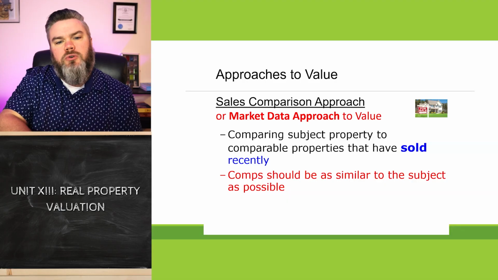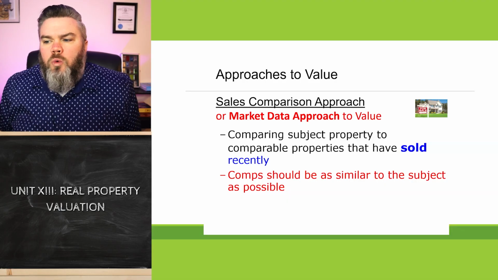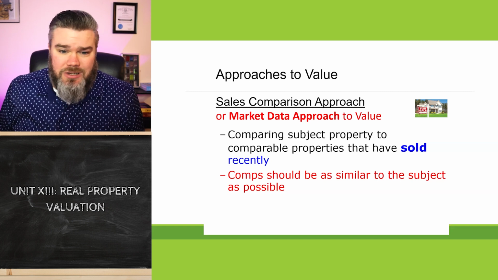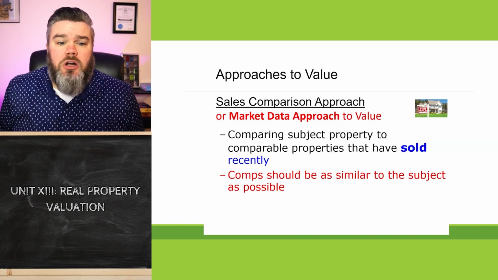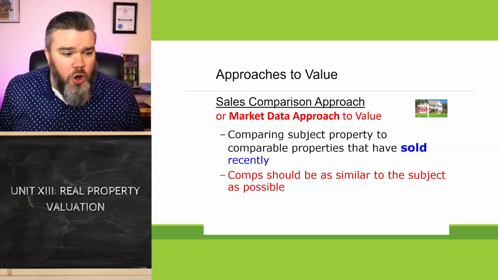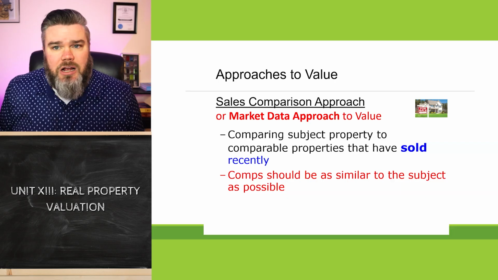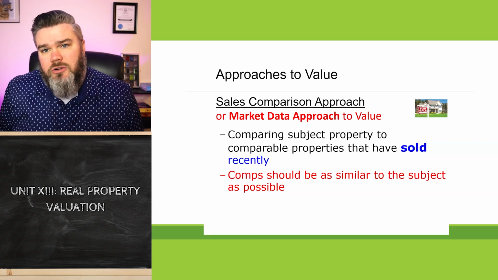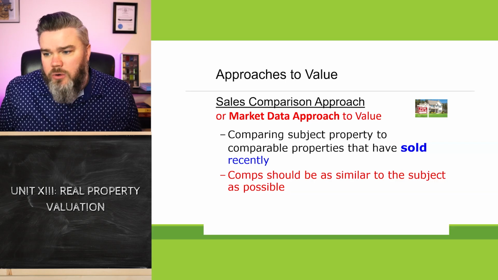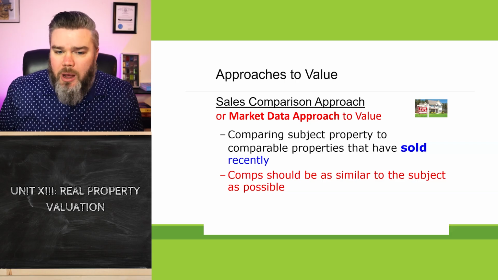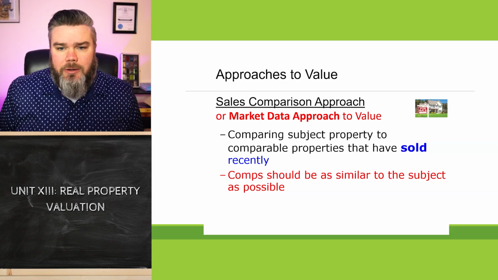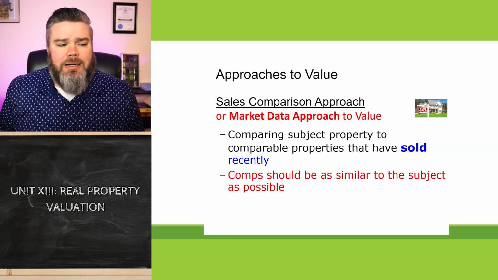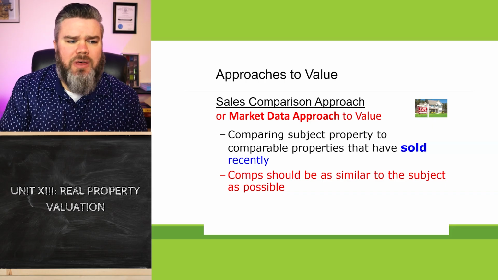Now, first and foremost, I'm going to reiterate this. We only use sold properties. Looking at what something's listed for is not helpful because it may never sell for that. Knowing that something's under contract is also not helpful because we don't know what it's under contract for until it actually closes. It's not uncommon for some houses to be under contract for $30,000 over asking, $40,000 less than asking. Who knows? So we want to pick sold properties that are similar to our subject property, as similar as possible, meaning we want the fewest adjustments possible. I'm going to give you some more examples of that in just a second.